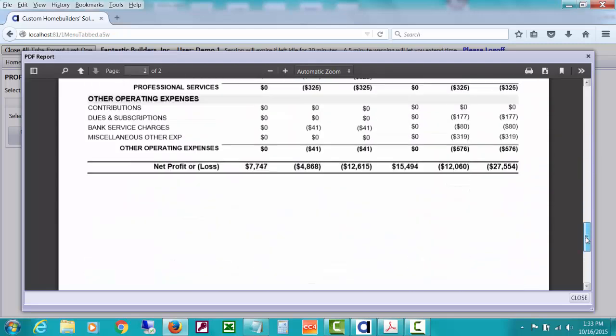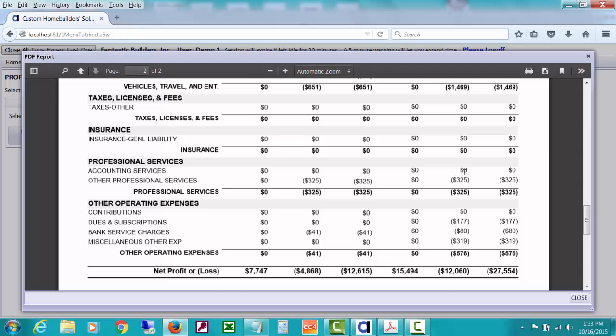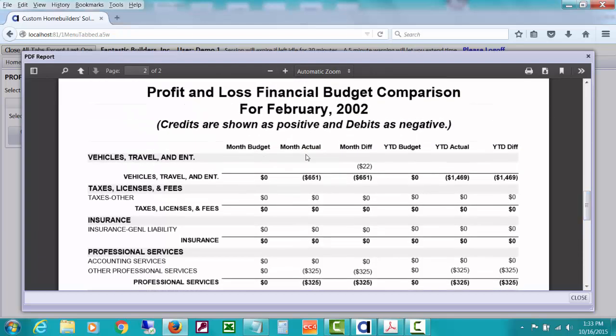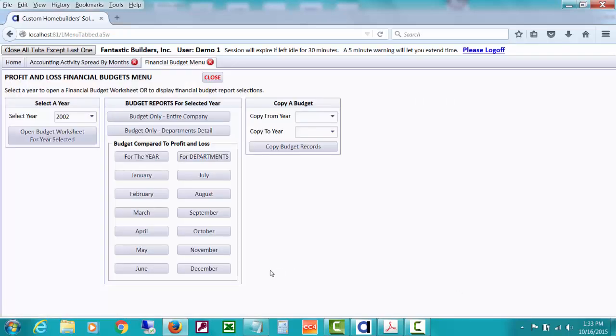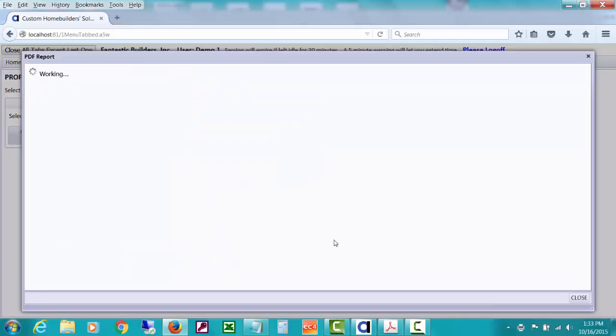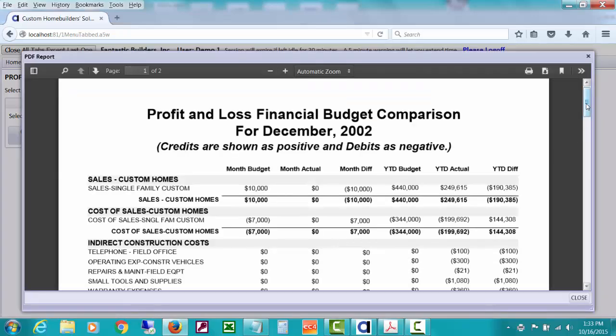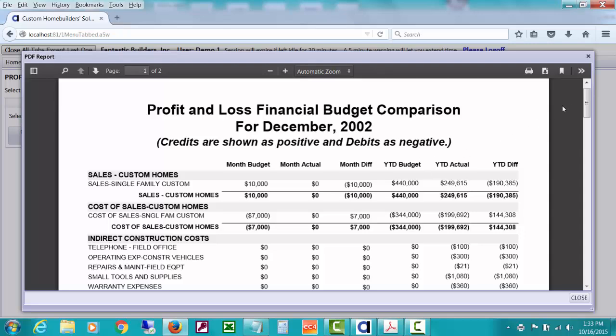So you can get down to the bottom line here, and let's play like we had budgets in for all this, but we don't have budgets in for all that. So these numbers are a little bit meaningless, but you can see as far as our demo company, but you can see how for your own company you would see your budget numbers. You would see that for just the month of February here, what your year-to-date, which means that's through February 28th, etc. And basically, really, if you did December and looked at your year-to-date numbers and went down to the bottom, year-to-date budget